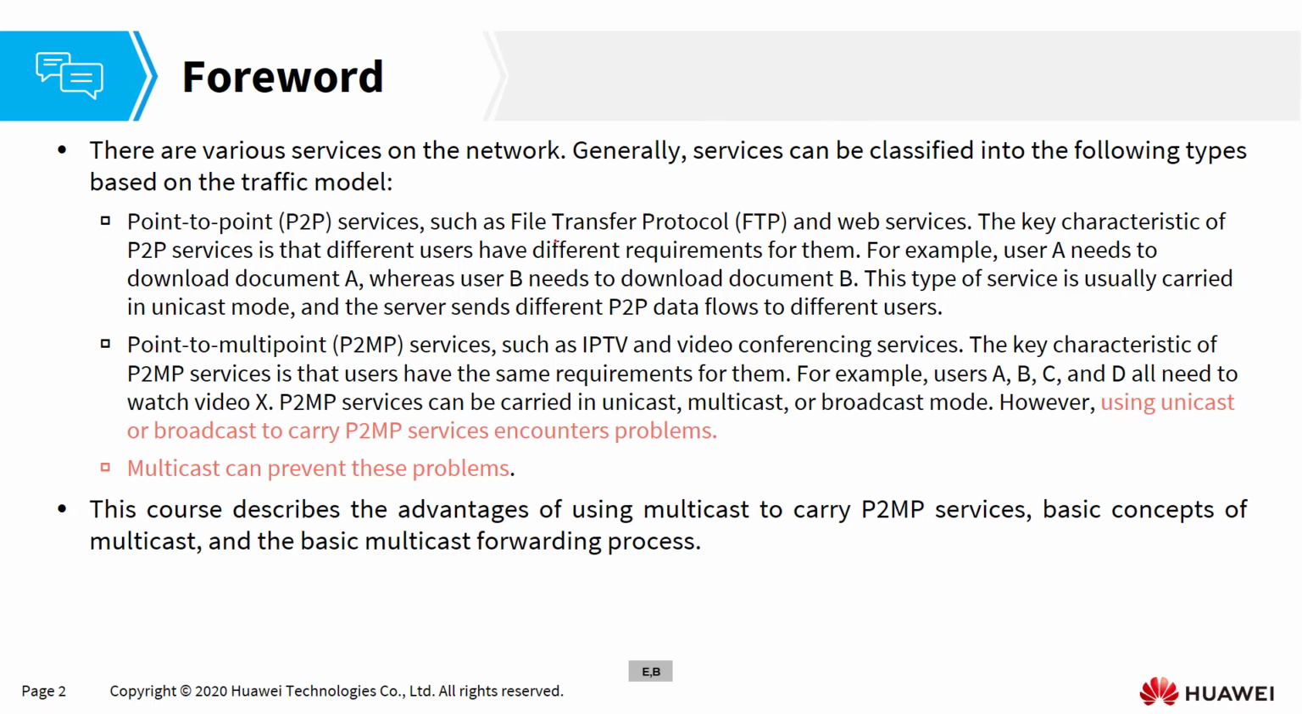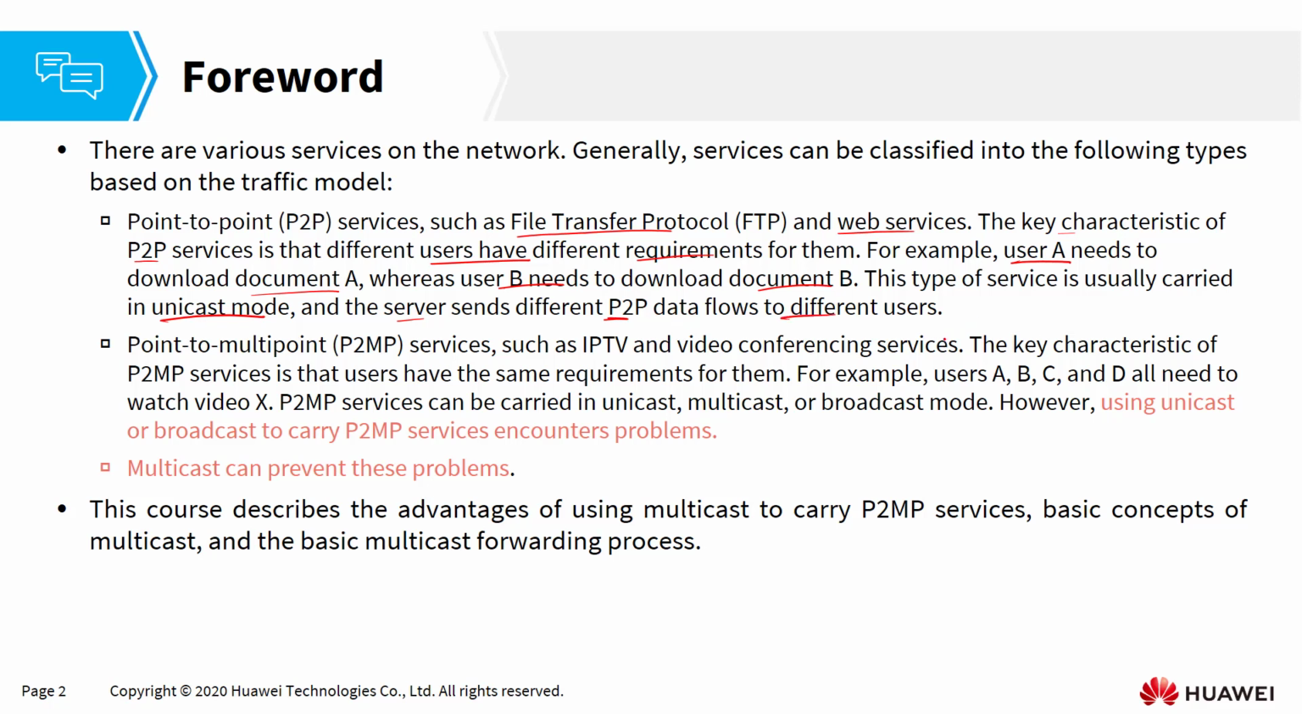Talking about services such as file transfer protocol and web services, the key characteristic of point-to-point services is that different users have different requirements for them. For example, user A needs to download document A, but user B needs to download document B. In that type of service, we usually carry unicast mode communication, and the server sends different point-to-point data flows to